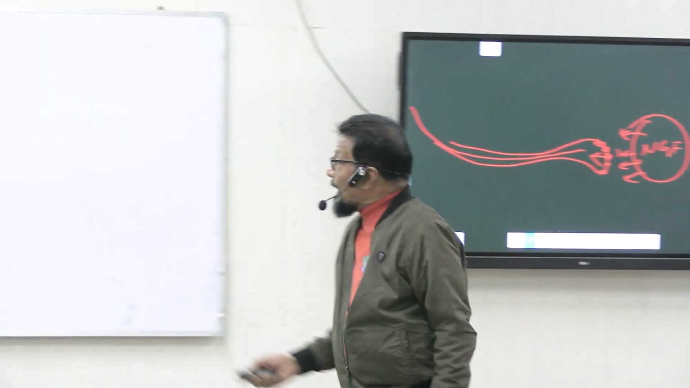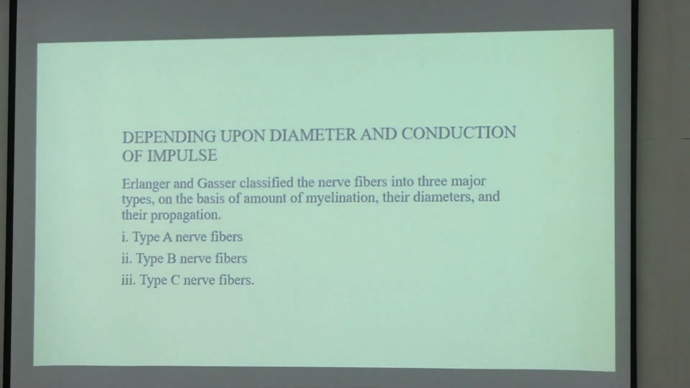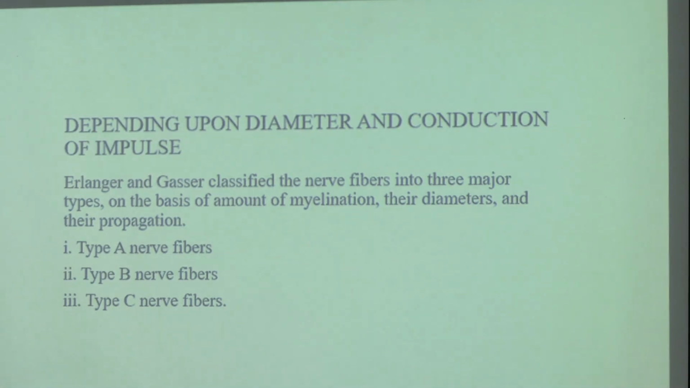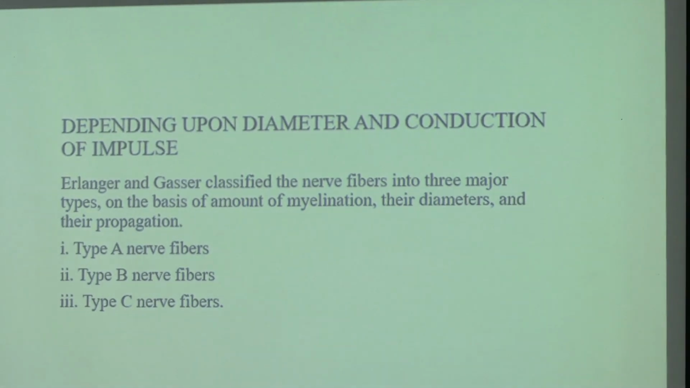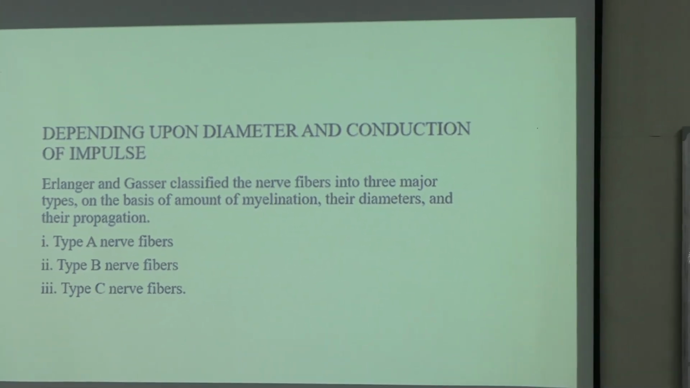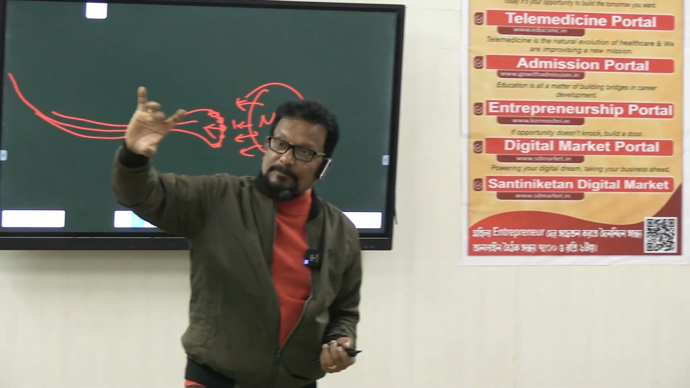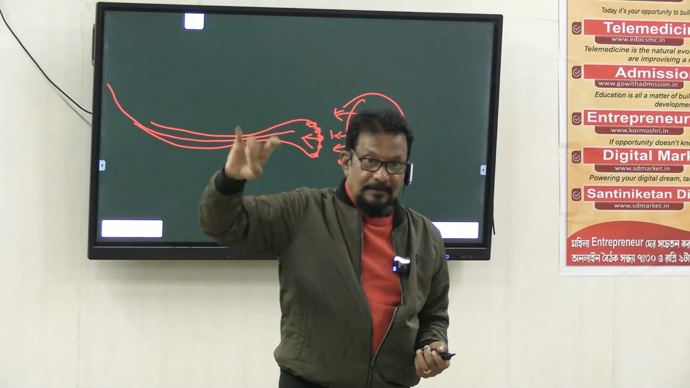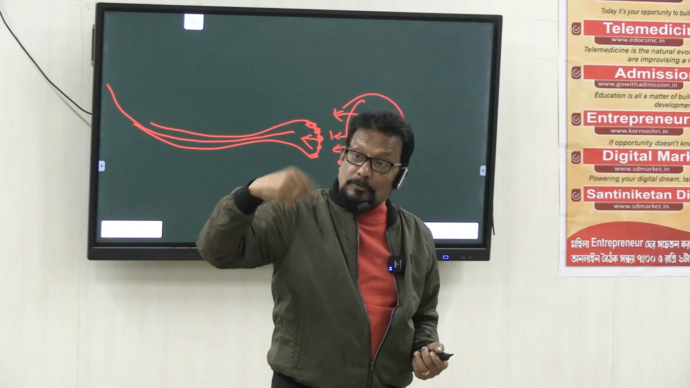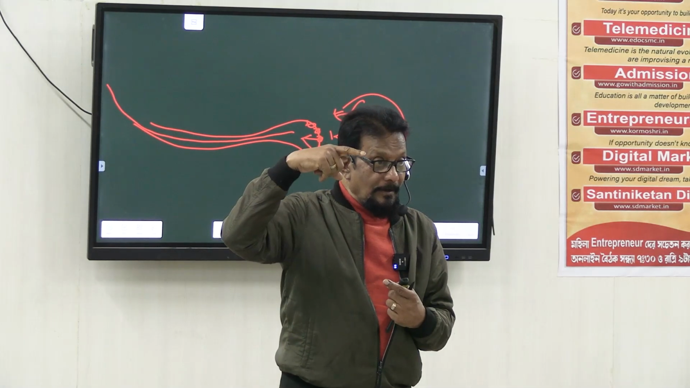Again, depending on the diameter of the conduction, this is important. This is important for your exams. Okay, so depending on the diameter, because the basis of classification is the diameter of the nerve fiber bundle, and whether it is myelinated. If the diameter is much more, then